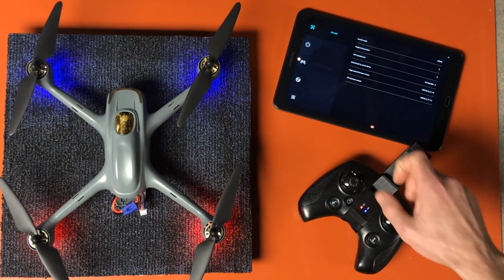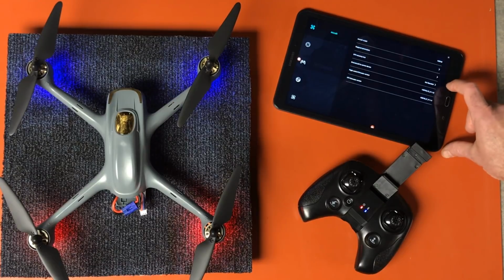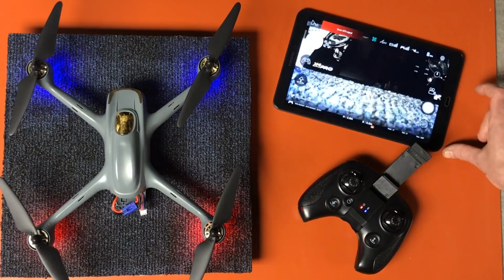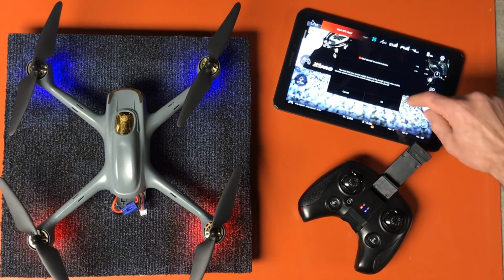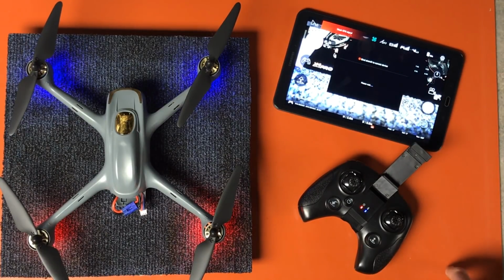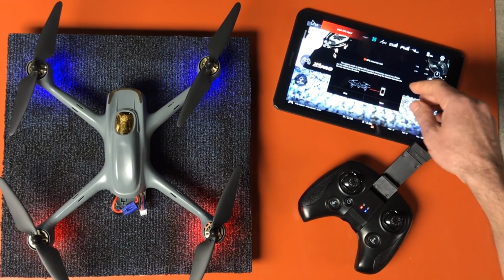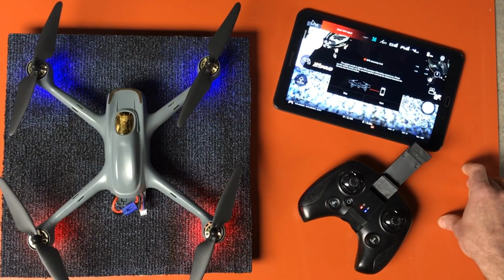Also, I found if I just move the sticks around, it'll make that pop up, but we're going to do it within the menu here. So it says not bounded, which is great grammar. It's supposed to be not bound, but here it says bind aircraft, or bind aircraft to device. So we're going to click OK, and it's going to bind, and then you'll see it goes into the GPS accuracy test. If you're not familiar with this test, it tests your distance with your device and your quad